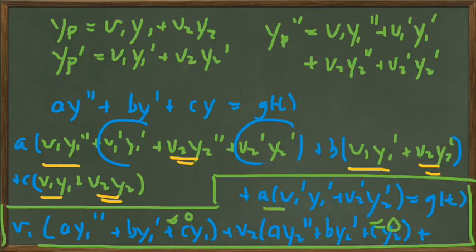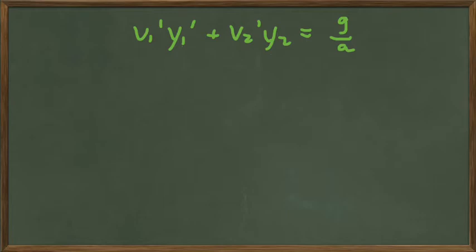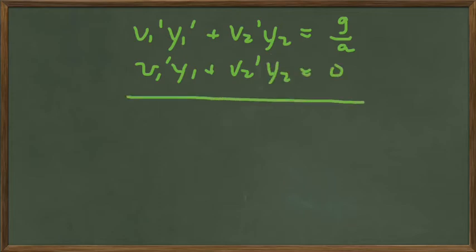So we're left with just this. Let's bring that over onto the next blackboard. That's this equation if we divide through by a. And remember earlier we had made the assumption that v1 prime y1 plus v2 prime y2 equals 0. So we've got now a simultaneous set of differential equations which we can solve by the elimination method, by eliminating